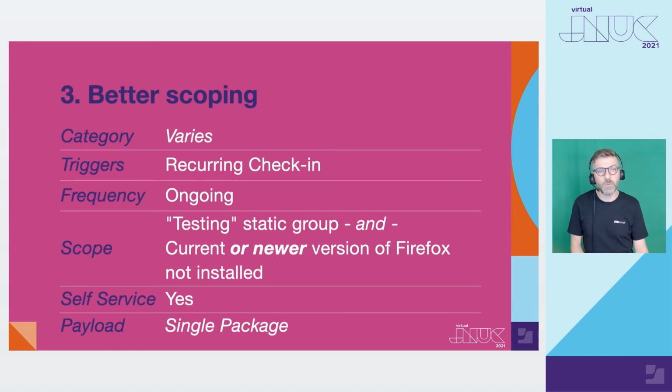Thirdly, let's look at a better way of scoping. Jamf Pro cannot compare version strings to tell which are older or newer. But if we only want to scope a version of Firefox to computers that have an older version installed and avoid those that have a newer version, we really need that version comparison logic. This single failing in Jamf Pro is why many people use Monkey with Jamf or spend a lot of time maintaining Jamf patch definitions.